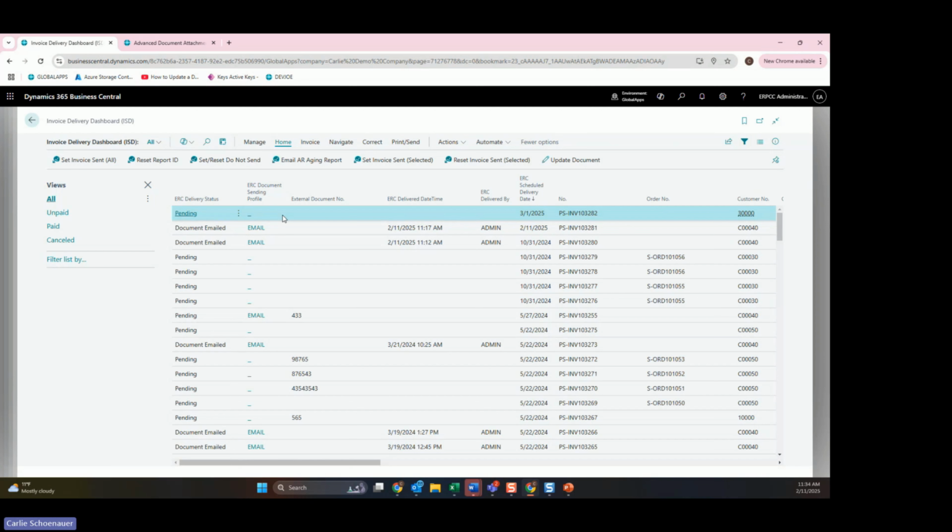a credit memo against it, then create a new invoice, right? Or send to the customer an additional invoice, so they'd be getting 2 for the total amount. What we have added with ISD is a way to update the document after it's been posted, and that includes the price. And so if I say update document right here,